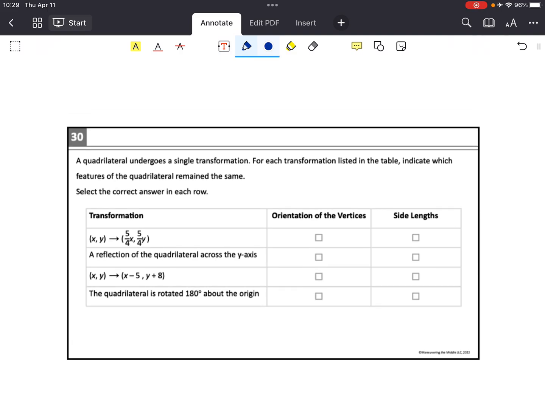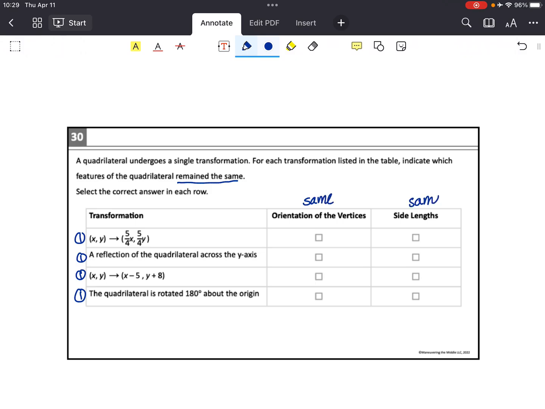All right, and here we have a quadrilateral that undergoes a single transformation. So that means that it does just this, or just this, or just this, or just this. So you're doing them one by one. For each transformation listed in the table, indicate which of the features remain the same. So we're trying to figure out if the orientation of the vertices stayed the same, and then if the side